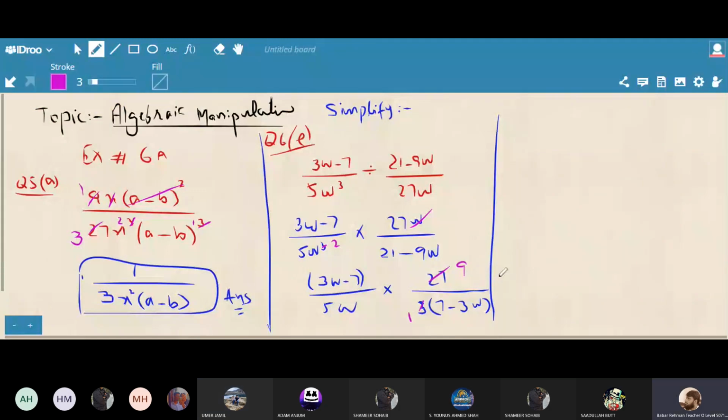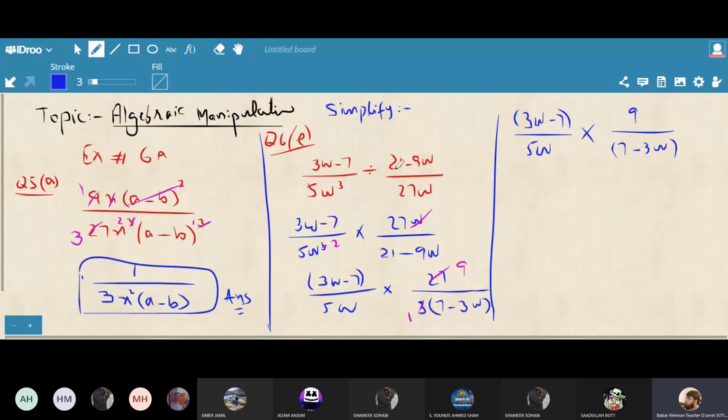Acha, one important thing is, let me teach you step by step because this is very important. One identity is also applying in this question. So let me give you a basic hint of this, then we will simplify. Multiply by 9 upon (7 minus 3W). Okay, these two brackets cannot be simplified. Can anybody tell me why? Sir, there is no common in them.